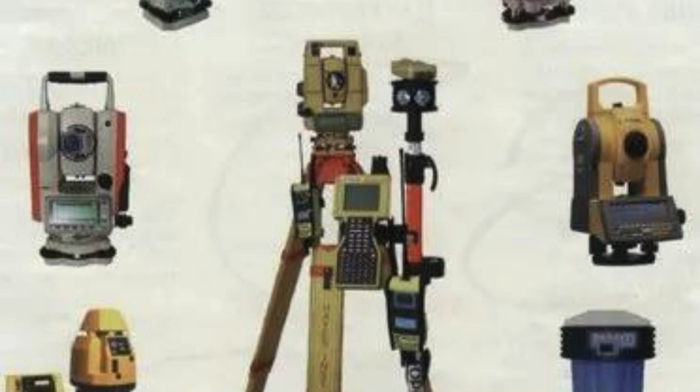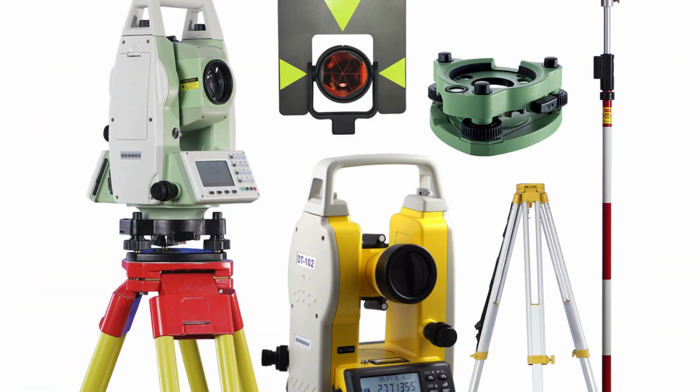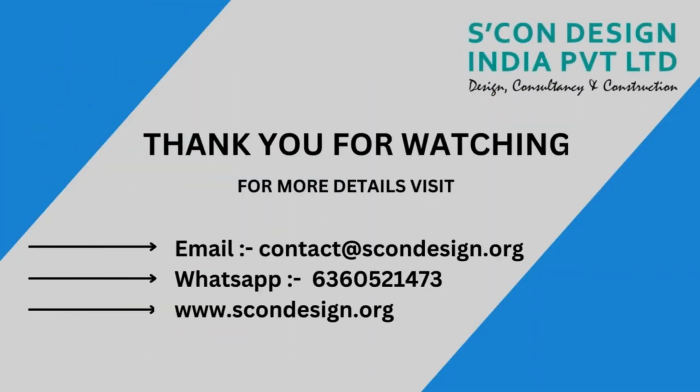By continually offering top-notch goods and services, Scon Design has developed a reputation as a reliable dealer in Gurgaon Sector 44. They offer a staff of skilled individuals who can help you locate the ideal accessory for your unique needs. They are well-versed in the surveying sector and can help you sort through your options so that you can make an educated choice. If you need the best accessories for your surveying equipment, Scon Design has the knowledge to suit your demands, whether you're a professional or an amateur hobbyist. Scon Design's dedication to quality is only one of the many benefits of